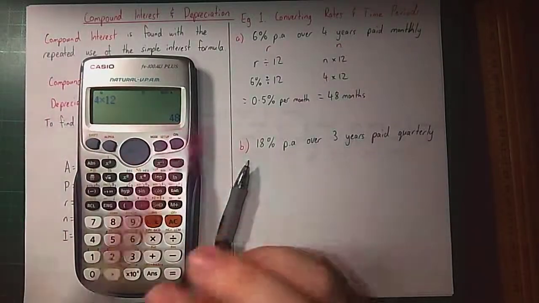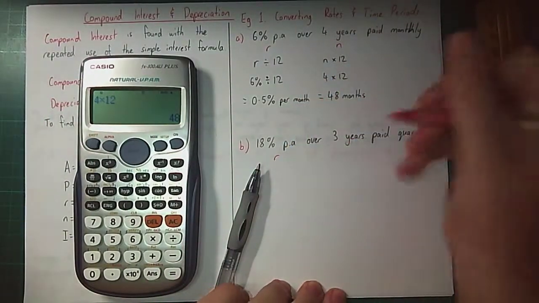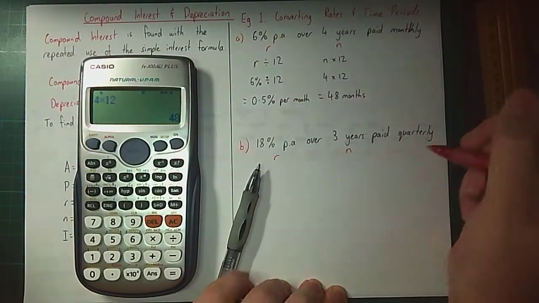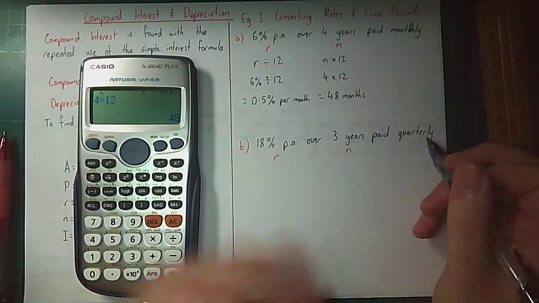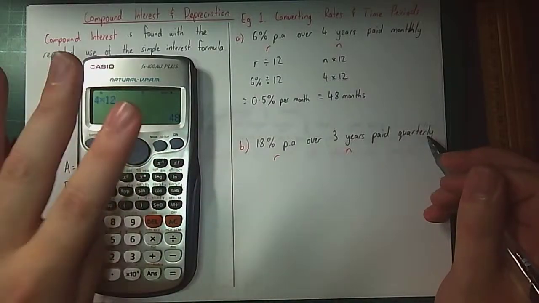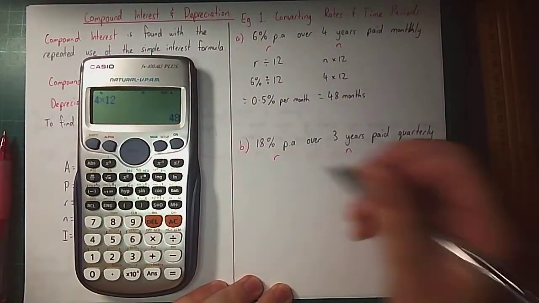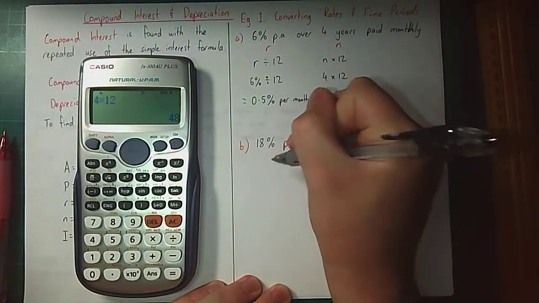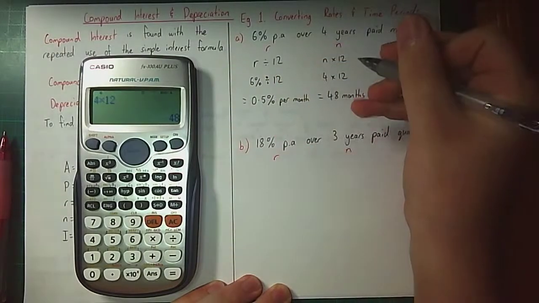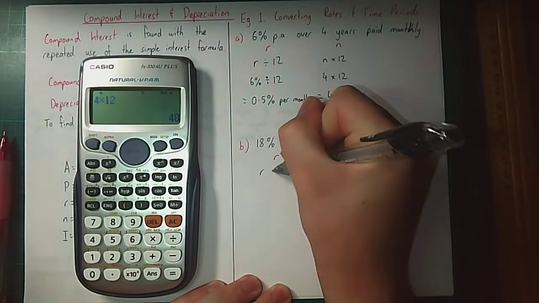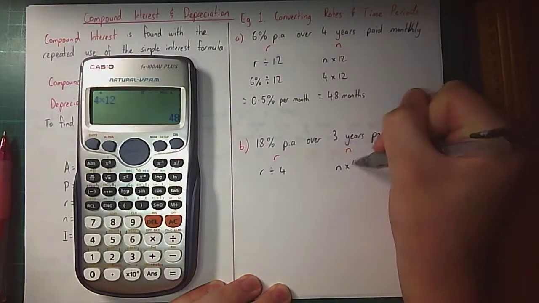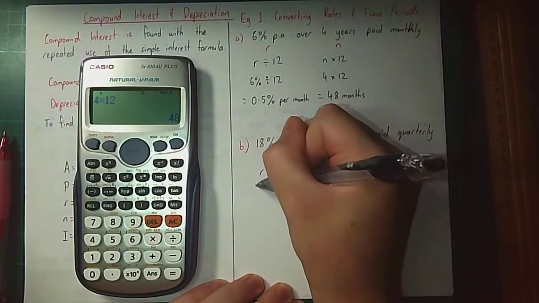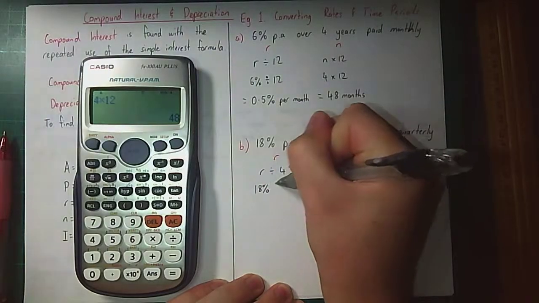So in this part, we've got 18% per annum, which is our rate, over 3 years, which is our N, and we need to get quarterly. So when it's quarterly, that means there's 4 quarters in 1 year. So we'll do the same thing, but this time instead of dividing by 12 and timesing by 12, we're going to do our rate divided by 4 and our N times by 4. So here we've got 18% divided by 4,